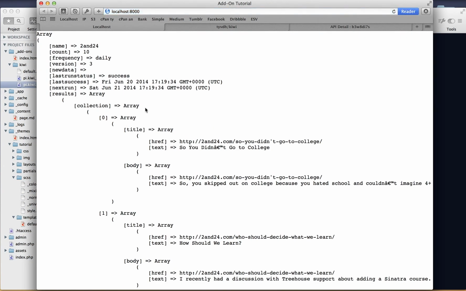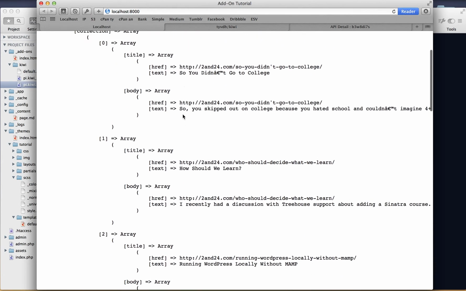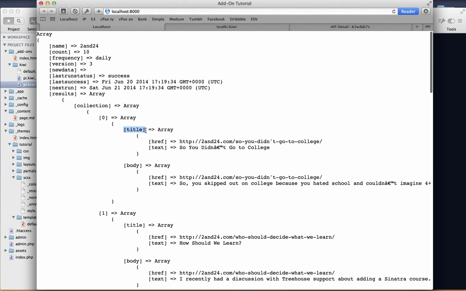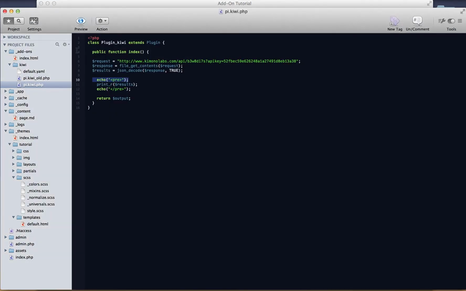So that pre-tag just puts it inside that code block, which allows us to then easily read out what's going on here. And then also see what little boxes we can grab. So the first box that we see is that all of this stuff is inside of a box, this array called results. So the way we're going to call that,